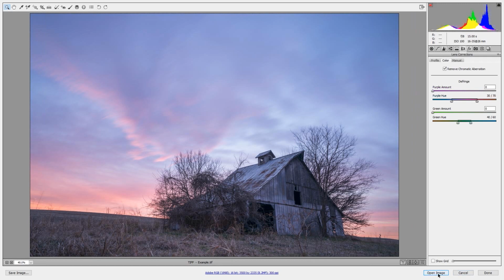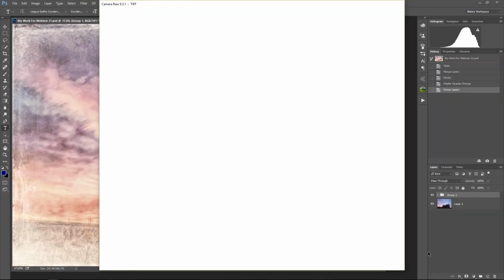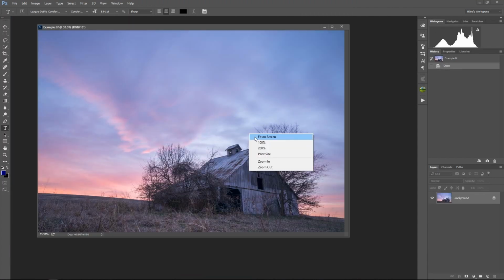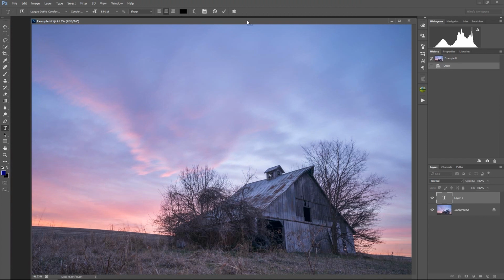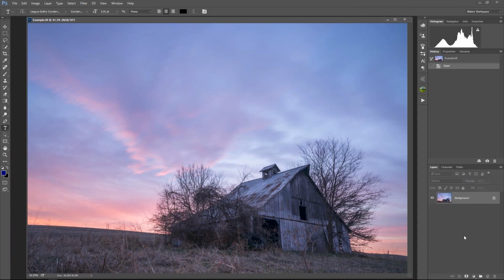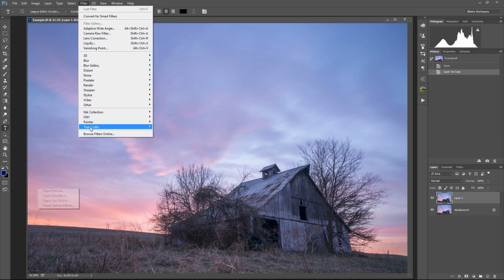So I'm going to go ahead and open this image now because I'm pretty much done at this point. Now I'm going to move into Topaz Clarity and really start to bring this image out a little bit more and exaggerate some stuff that's happening in that sky back there. So I'm going to duplicate this image by pressing Command or Control J, and then go into Filter, Topaz Labs,